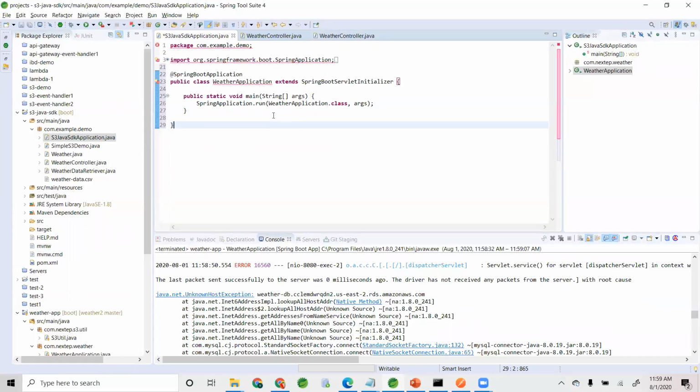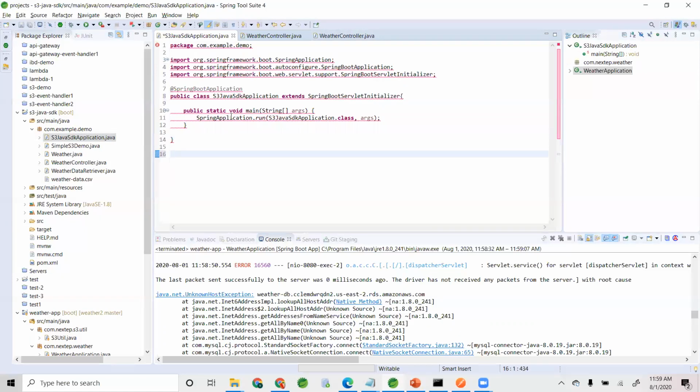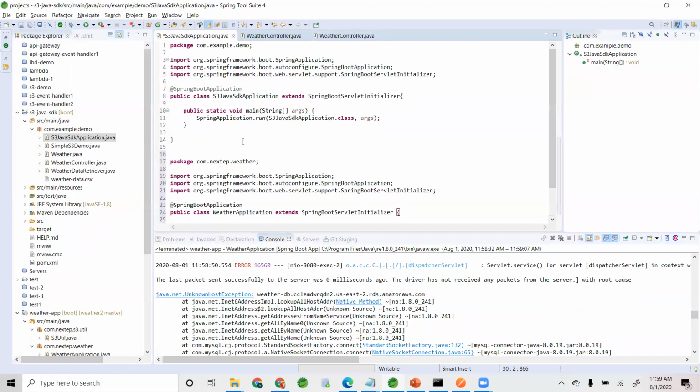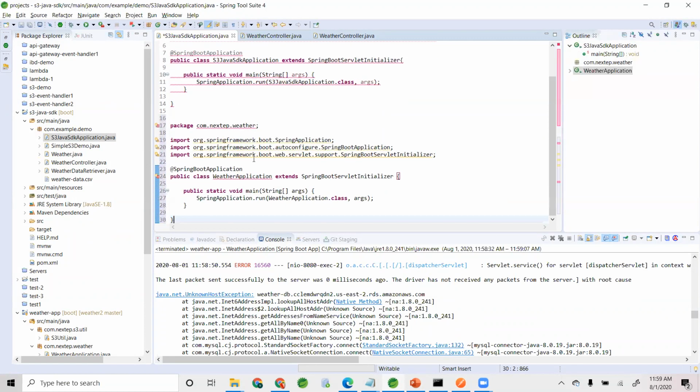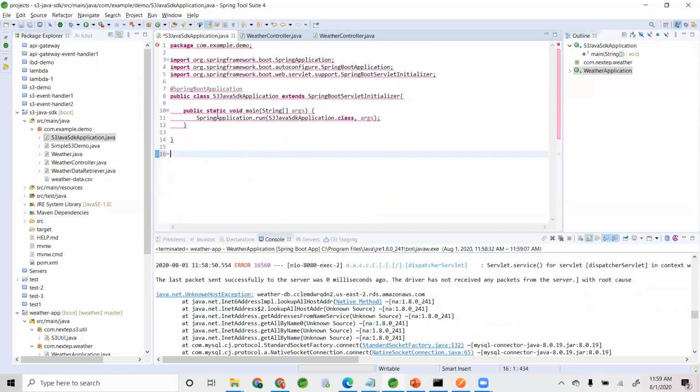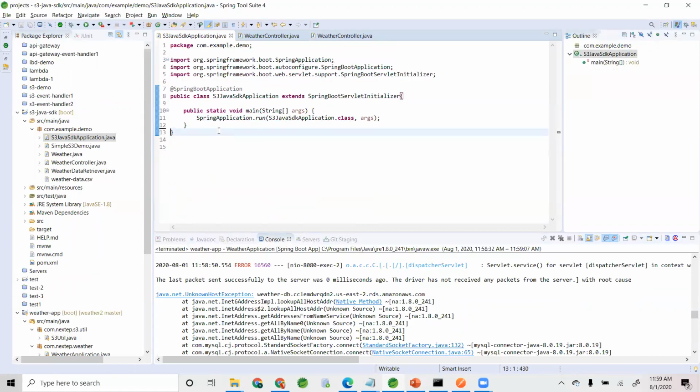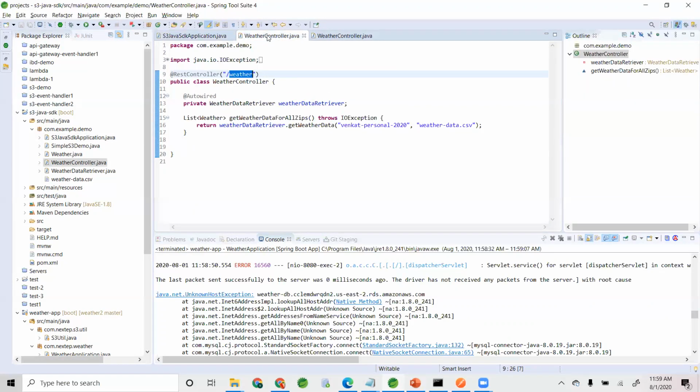Let's take a look at Spring Boot, Spring application dot run. Okay, everything looks fine to me. In the weather controller, we didn't do a request mapping, something like at request mapping. I think he did that.